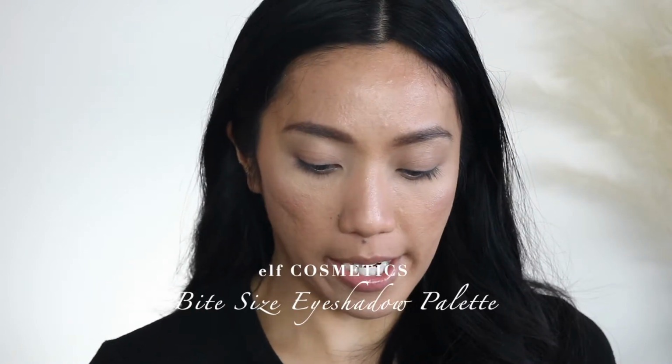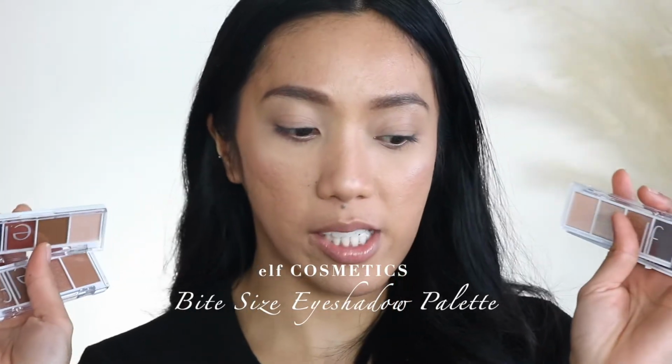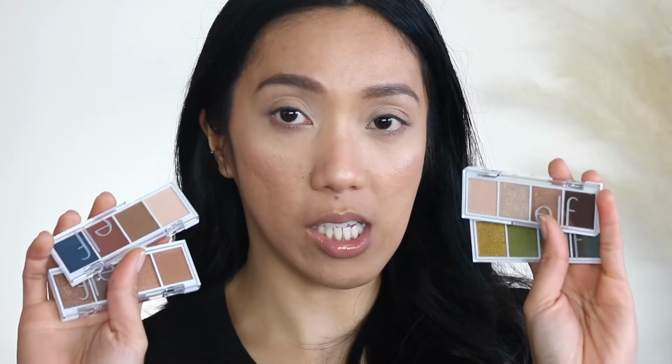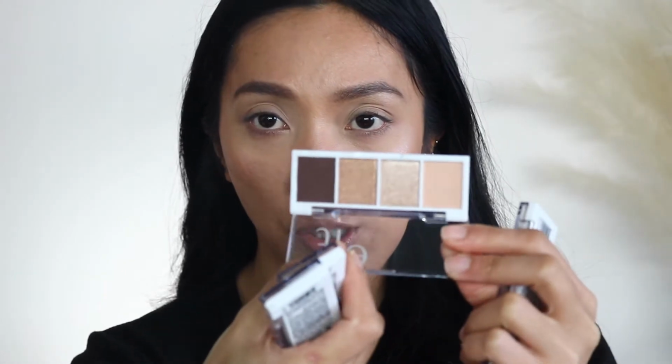e.l.f. came out with a bite-sized eyeshadow, and I picked up 4 of them. I was thinking of picking up all of them, but because they did not have the full range on the website, because they had sold out, I only picked up the ones that I think I'm going to love. So the first one is this Cream and Sugar, which is just your basic neutral eyeshadow. You have a dark shade, which you could use as a brow shade or brow powder, 2 shimmers, and